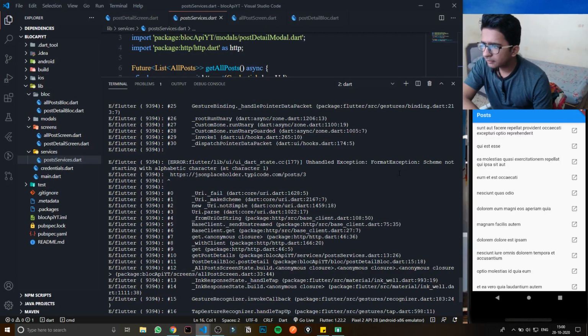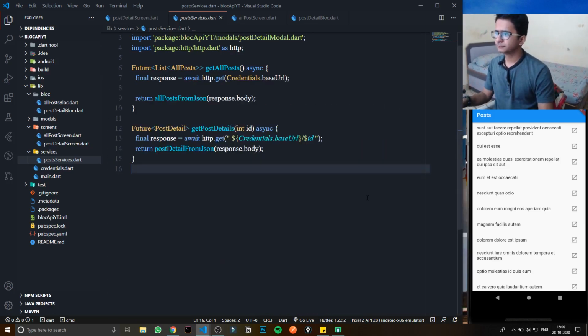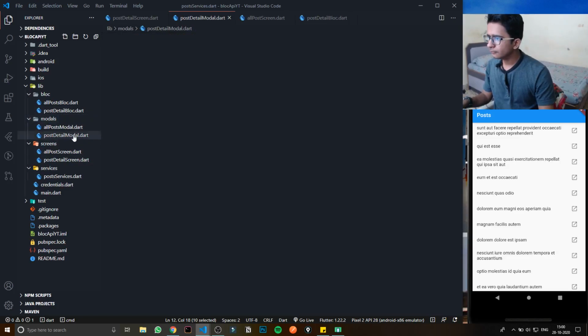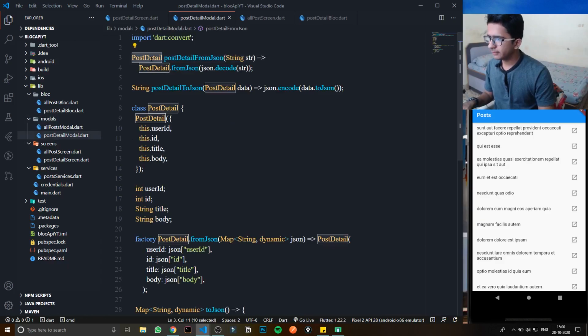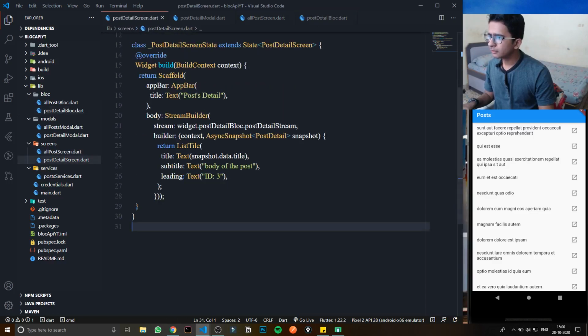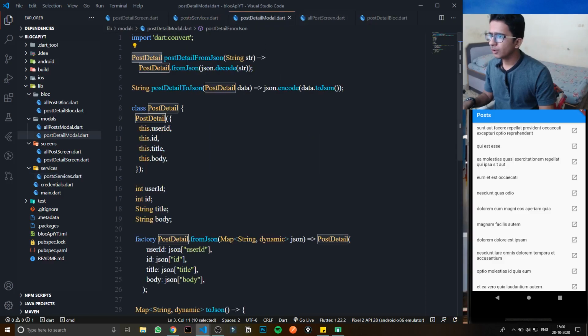Unhandled exception. Post detail. Post detail. It is right, right? The type of data which I'm getting. Okay. Post detail from JSON. Post detail from JSON. This is also right.